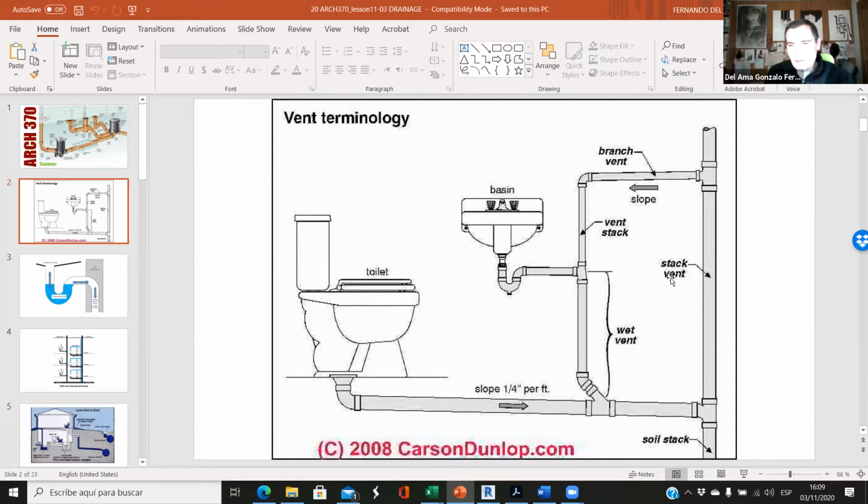And then we have the vent stack. The vent stack is the same vertical element, but it goes all the way up to the roof of the building, because we need to connect this to the outdoor air, and we don't do it by going out through the facade. So we have to go out through the roof of the building. This is the first thing we have to understand, that everything that comes from the toilet,